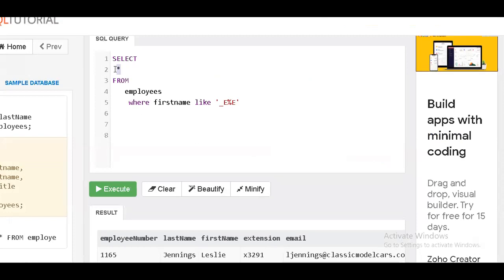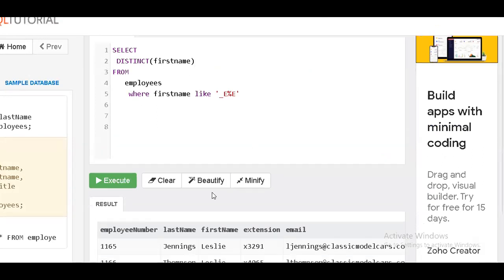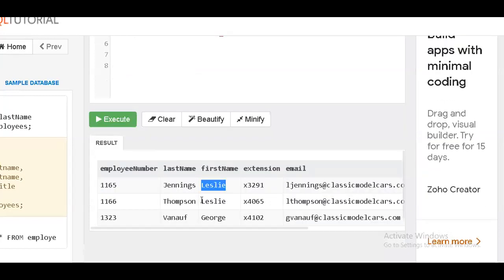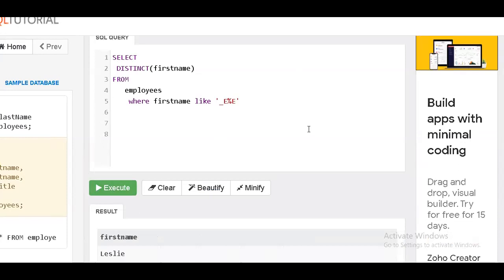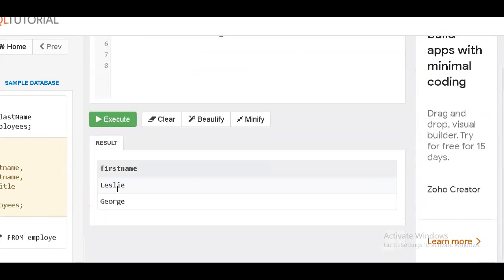Try to make the distinct over here. Say I want only first name. So distinct of first name. That means if any names are duplicate. Here you can see there is something called Lacey. Lacey is coming 2 times. I want only one. So let me see if any records are like that. See, here I got Lacey and George. I got only Lacey and George. So there are 2 persons.